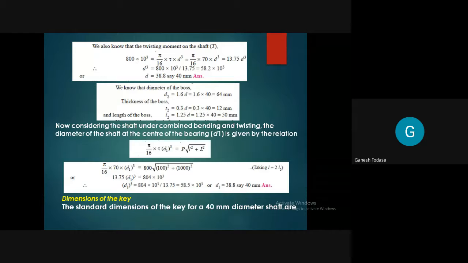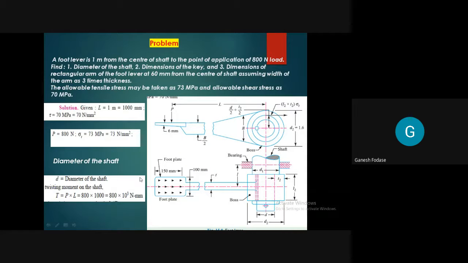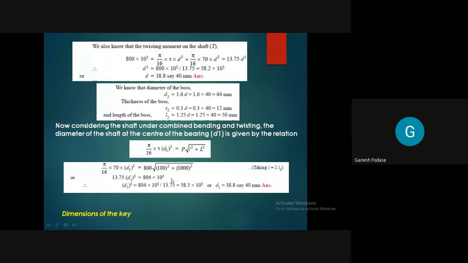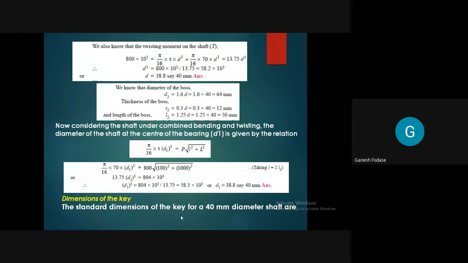Second thing, what I want to say is that the dimensions of the key we need to find out. Remember, for finding key dimensions, we can find its width and thickness by considering the diameter. Standard values are available for key diameters. Type of key is not there. In unit number 2, we need to study types of keys, shafts, and couplings, and in that we get more detail about keys. Remember, you can take the direct value of W and T based on diameter, and for this we need to refer to the design data book. If you want, I will show you. I will send it.